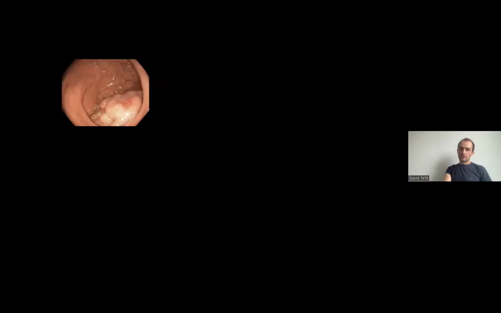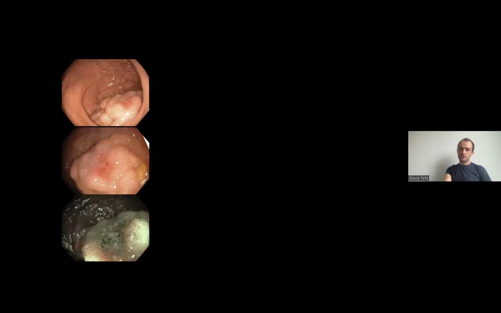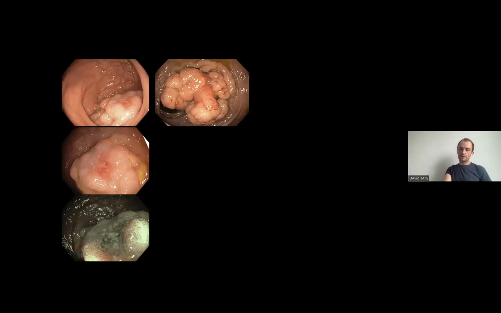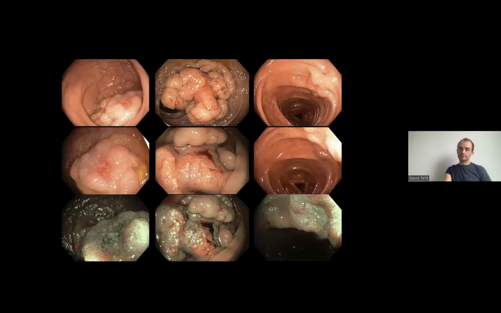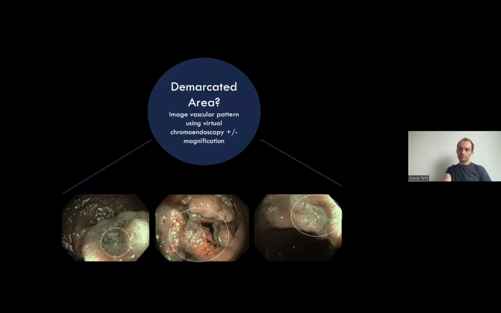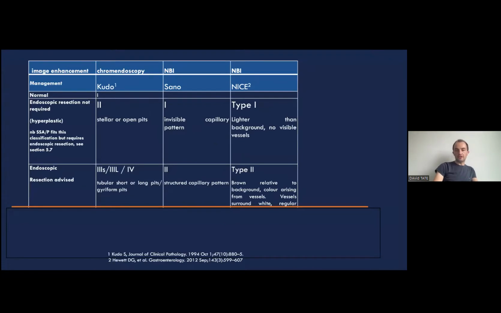So we'll skip that. Let's consider these polyps. Each one is a zooming in of the other. Another one, zoomed in, another one. And all of them contain a demarcated area. Now, a demarcated area is, just as it says, an area that is clearly bounded, that you can draw a line around within each one of these polyps, and it signifies the presence of a problem. It doesn't always mean that that polyp contains cancer, but it's something that should direct your further attention.